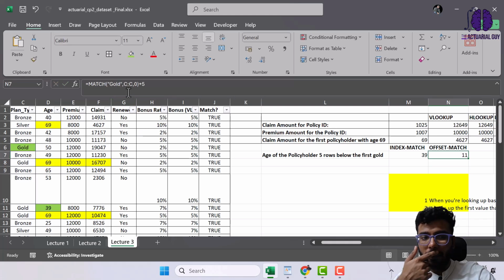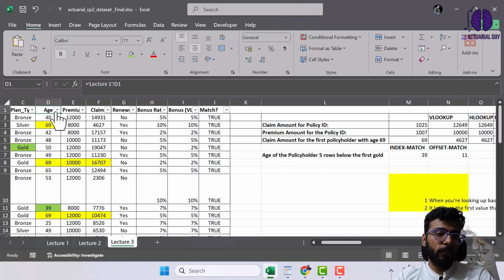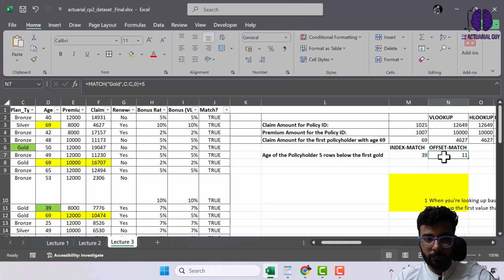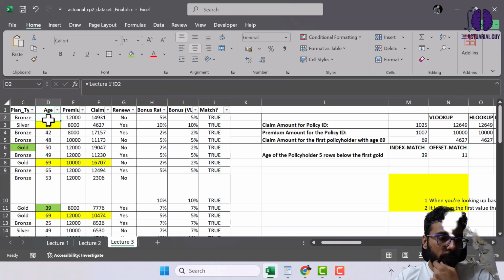You want to move 11 rows and 0 columns starting from this one. You want to start from D1, right? And then you want to move, effectively,